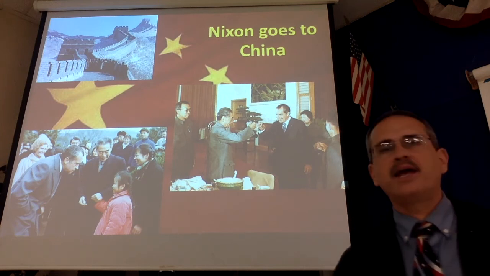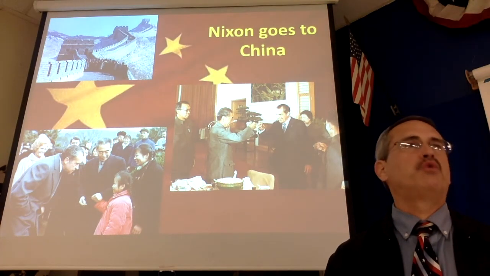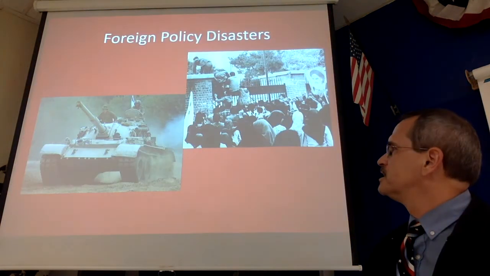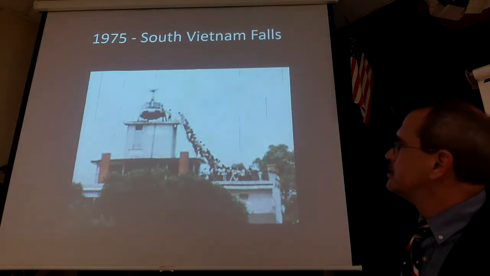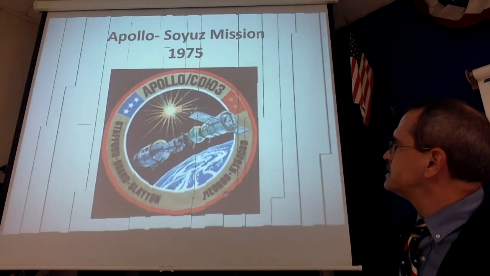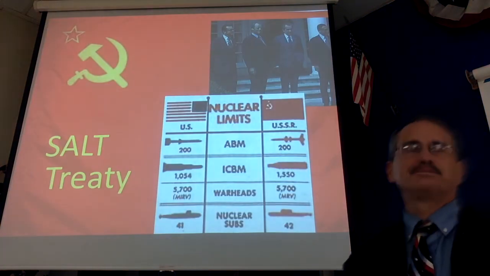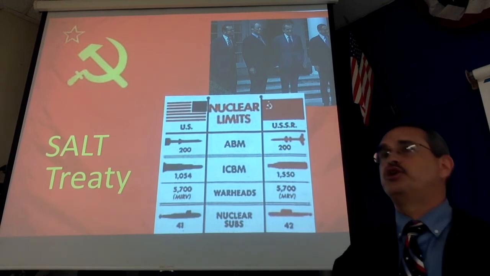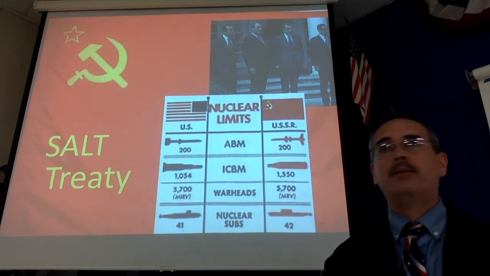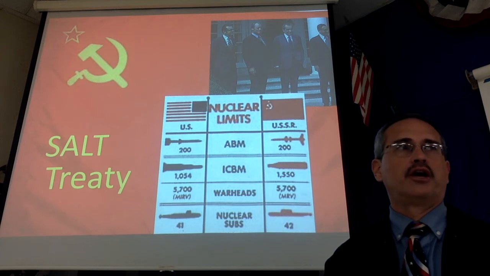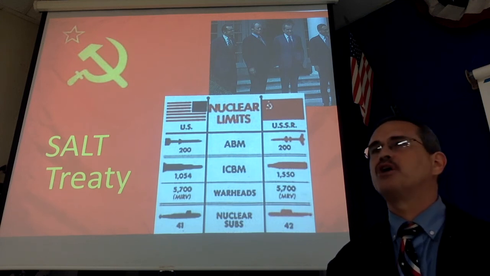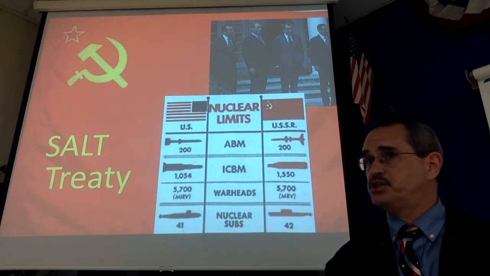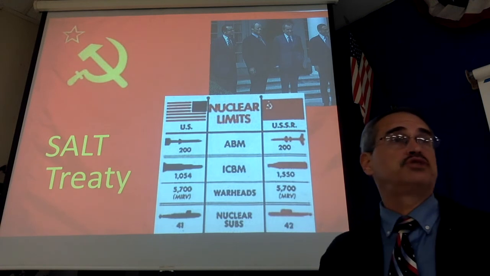Now, when we start getting kind of buddy-buddy with China, who in the world gets nervous about that? Russia. Russia doesn't want the U.S. and China to team up on them because they and China aren't getting along. So Russia now starts to try to buddy up to us. And Nixon is not only able to ease tensions with China, he's able to ease tensions with Russia.